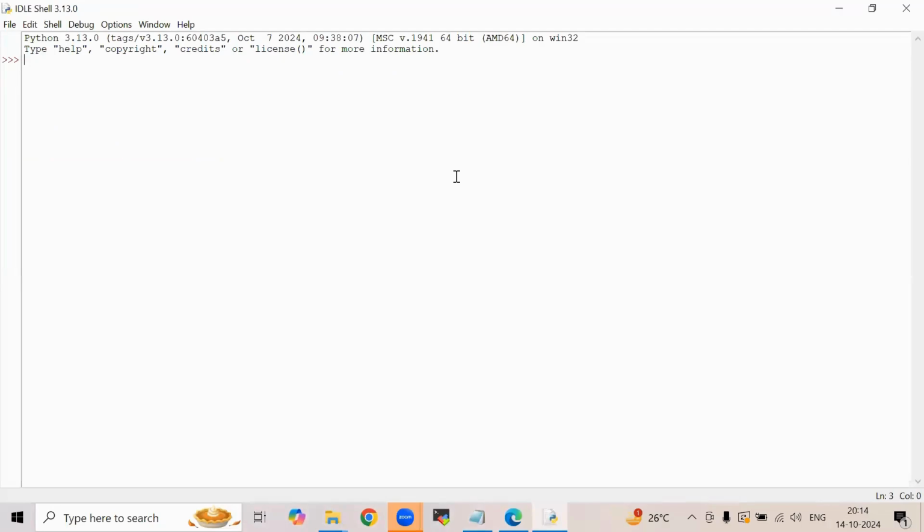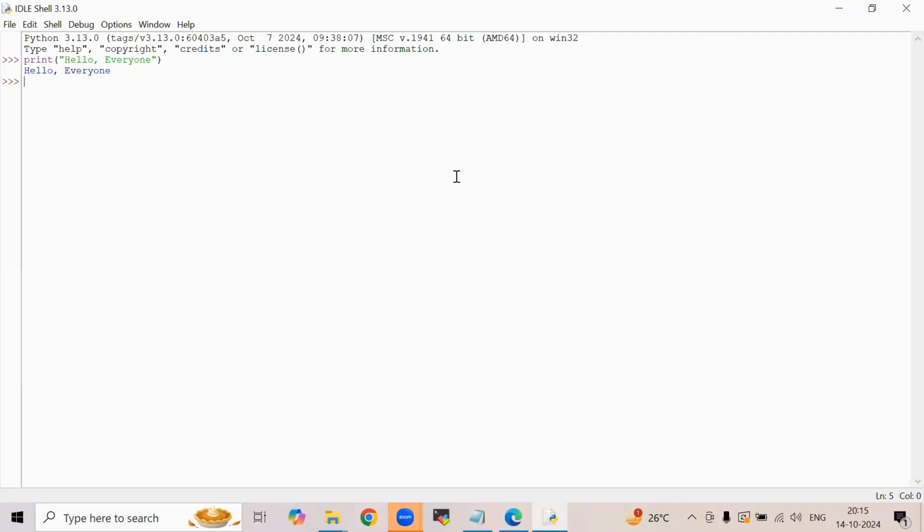You can type anything in this. Let us suppose I want to print the basic thing: print Hello, everyone. I'll get the reply, Hello, everyone. Python is a highly interpreted language; whatever you write, it will get executed line by line.